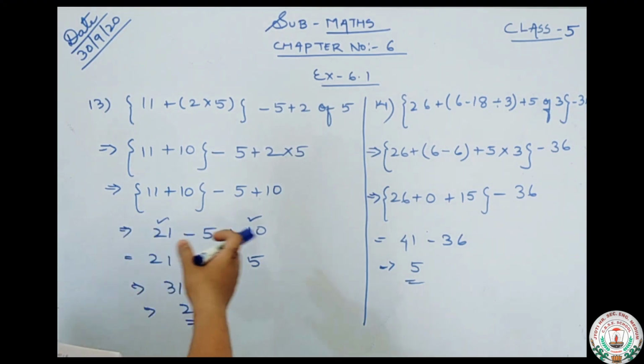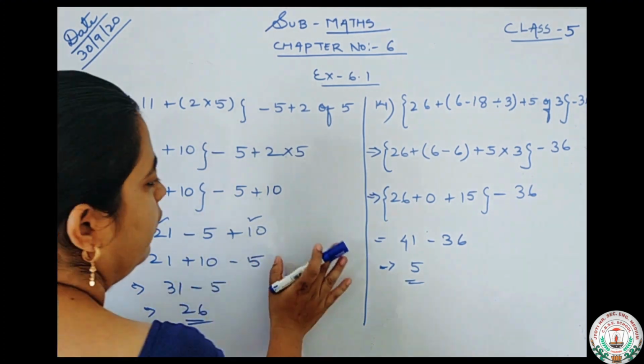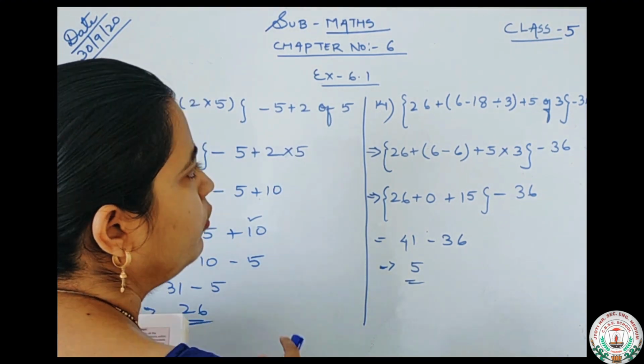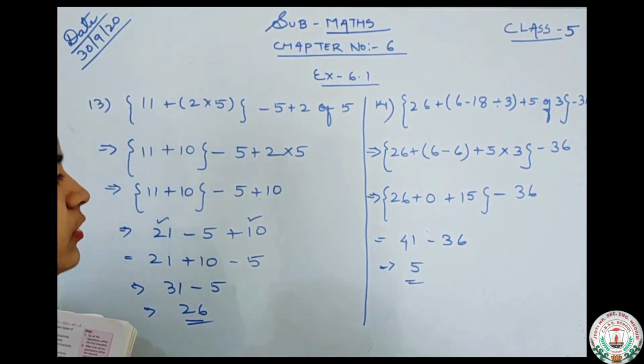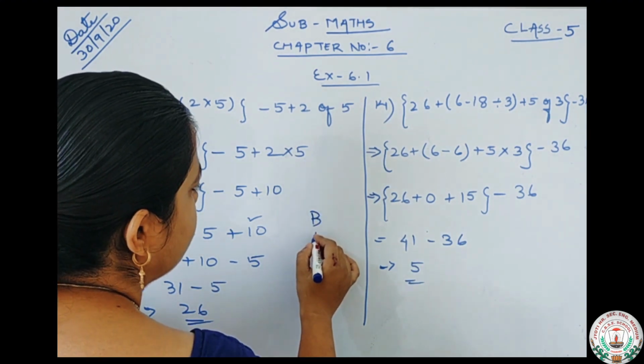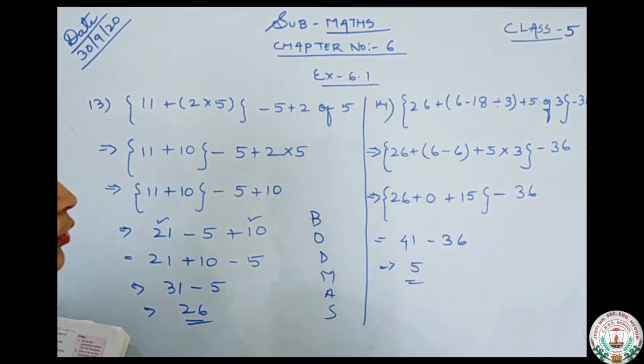I have solved questions 5, 6, 7. Which questions are left? 6, 7, 8, 9, 10. You will try to solve those on your own. I hope you all understand how to solve the numerical expression and how we have to simplify. We just have to follow the BODMAS rule. If there are brackets, I have told you about the 3 brackets. First you will open the bracket, then you will solve the rest. So this is all for today.